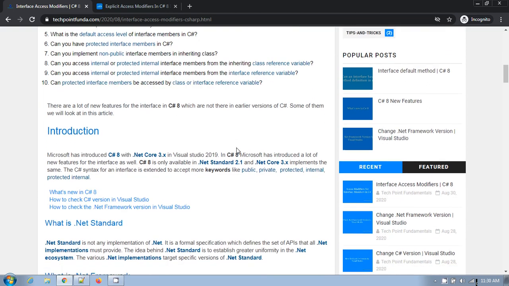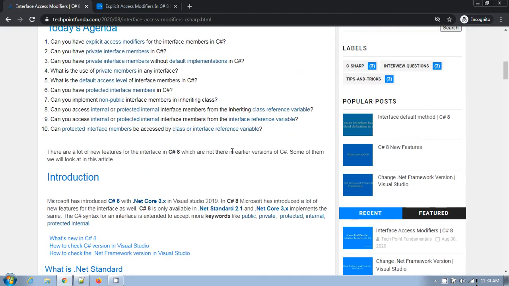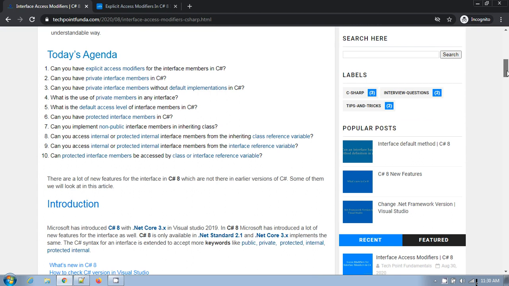So I hope you got all the points which I have shown here for all these topics related to C# 8 interfaces. Basically these points are new to C# 8, but at present this is very confusing to users.